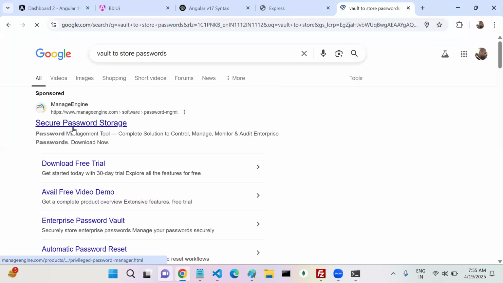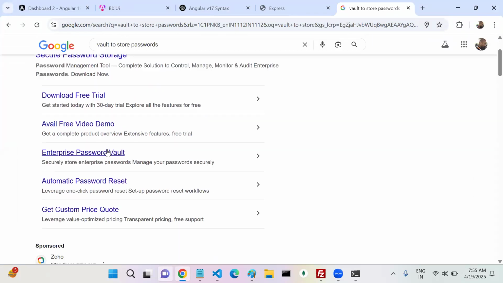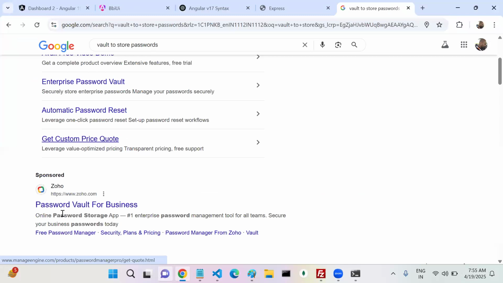Okay, the secure password storage configurations and everything you can store in another application. From that application you can retrieve the data. Whenever you change, you can change in that particular area. Now if you come here,